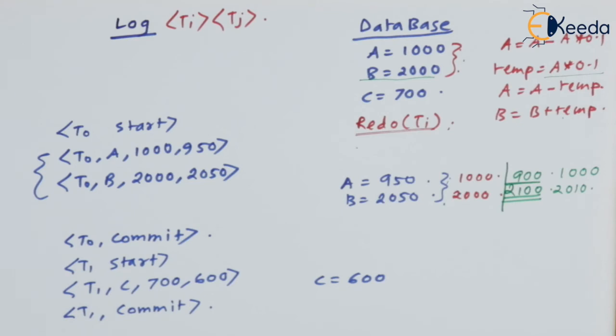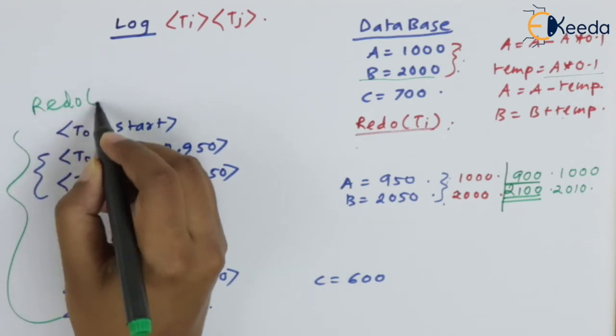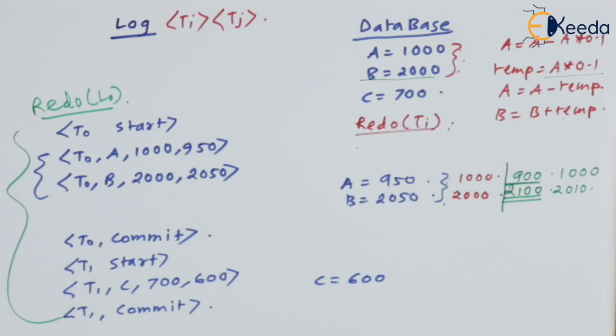So in this way, we cannot have the exact result if we perform the operations in the order in which they were performed in the transaction. So what we can do, we can either perform the operations in reverse order, but that may also lead us to problems in immediate modification. So we do the redo operation as a scan of the log, and the total log will be redone. That means we are scanning the log and performing the redo operation on the log, not the transaction. So that is the facility of redo being on the log